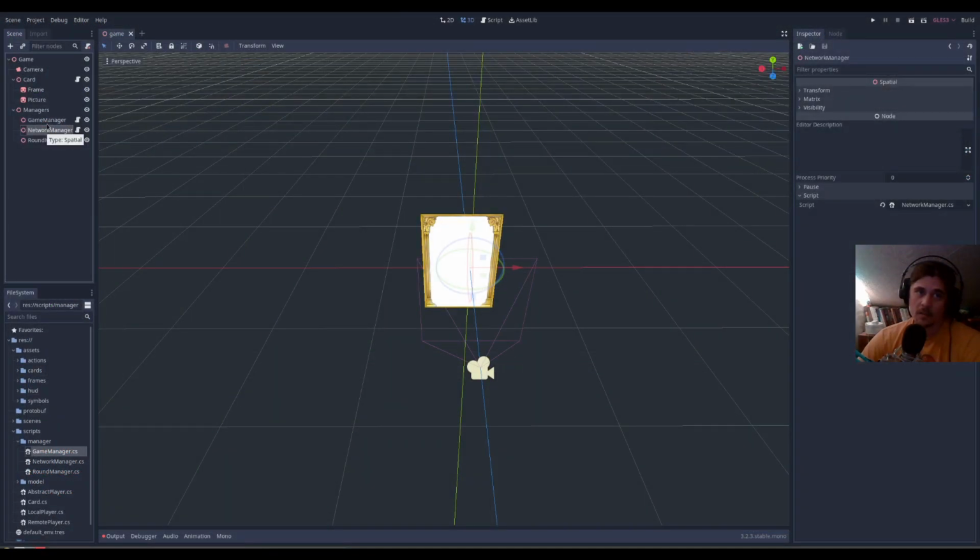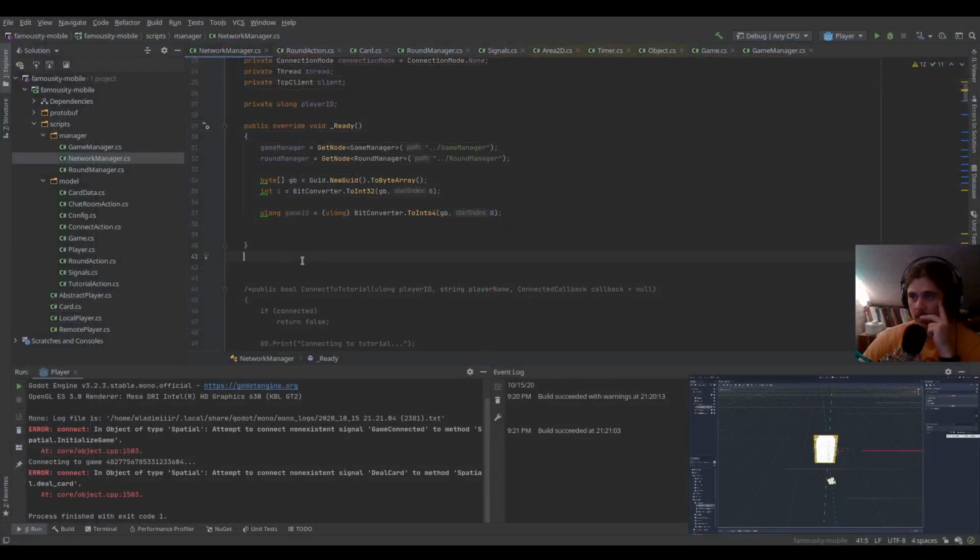will actually... Oh no, I don't need it. Or do I? Not here. I'm just trying to swap it out. I'm not sure if the order of those managers matter. We will see. But in this case, what happened was the